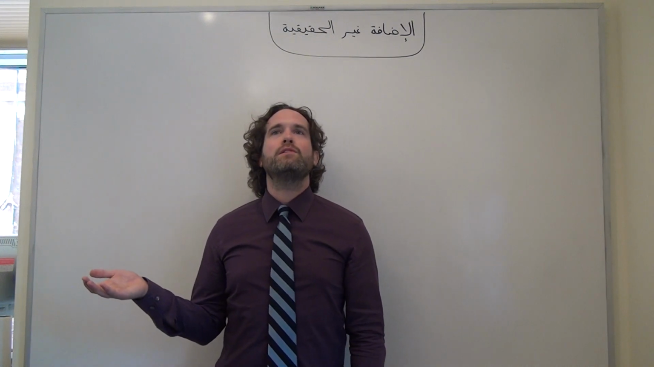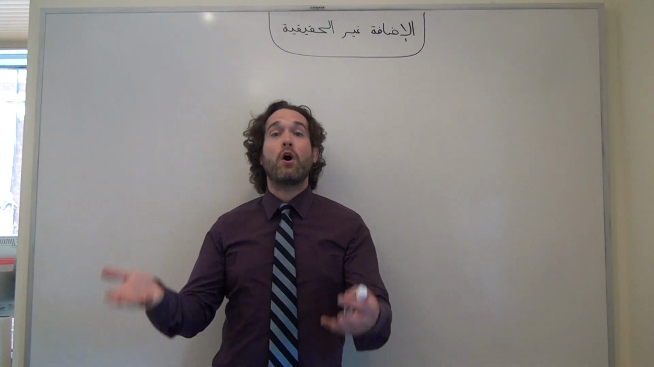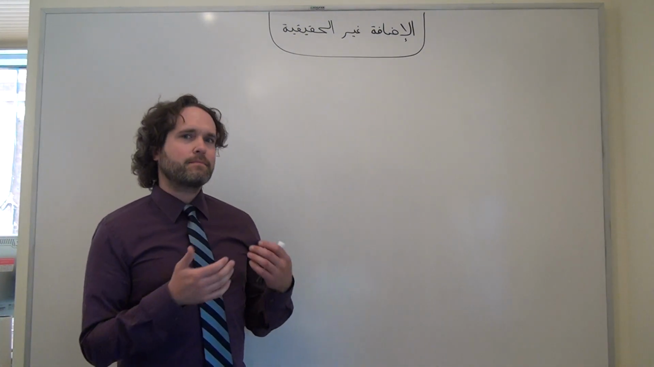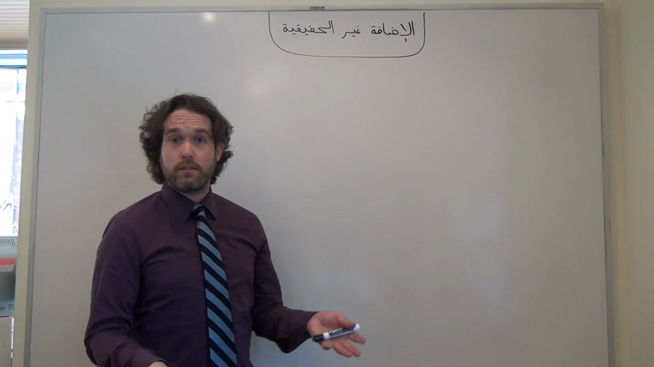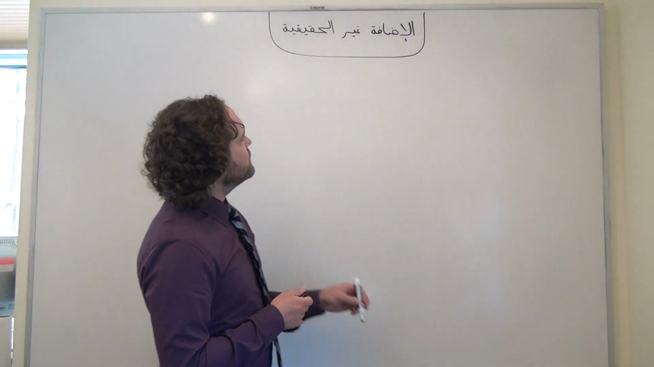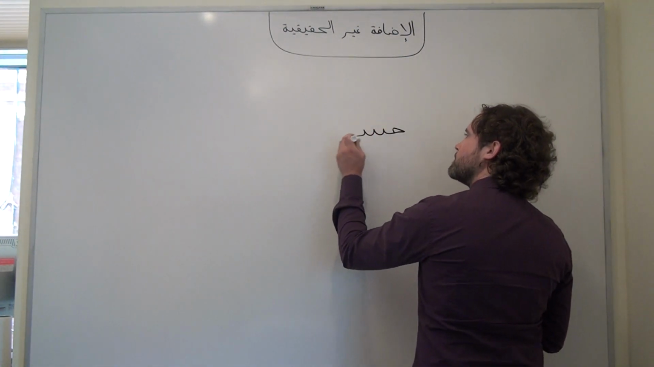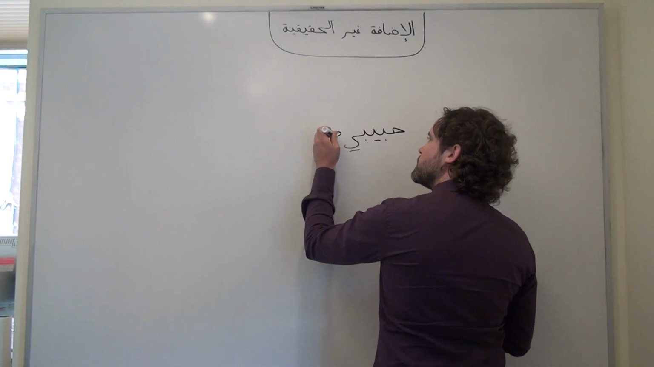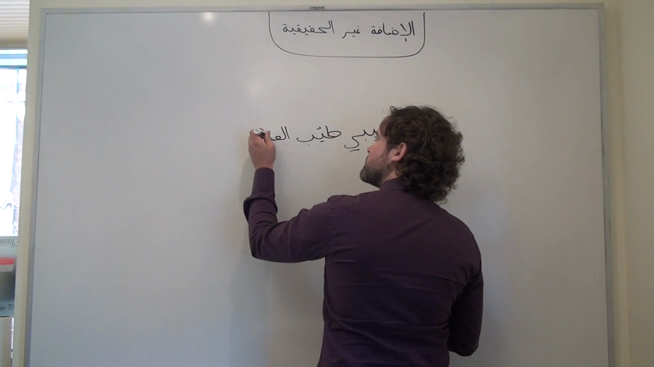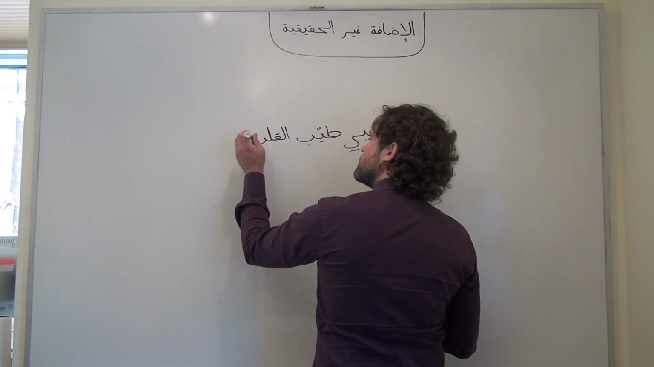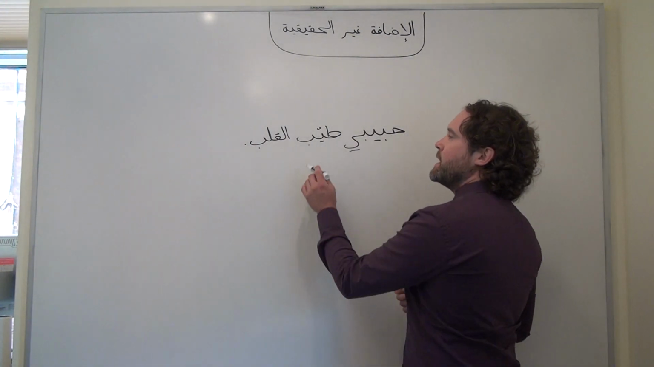So if we wanted to say, my darling, my beloved is good-hearted, well, in Arabic we could say, my darling is good of heart. That's how we would phrase it. So something like this. Habibi, no explanation necessary, I'm sure. And tayyib